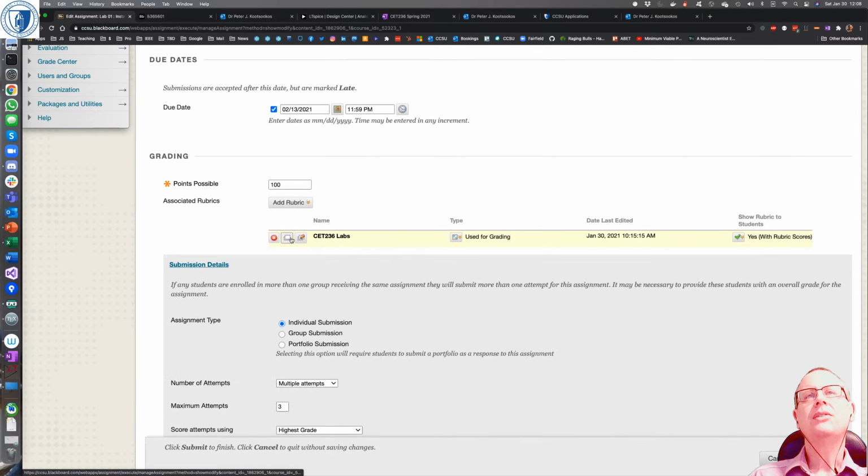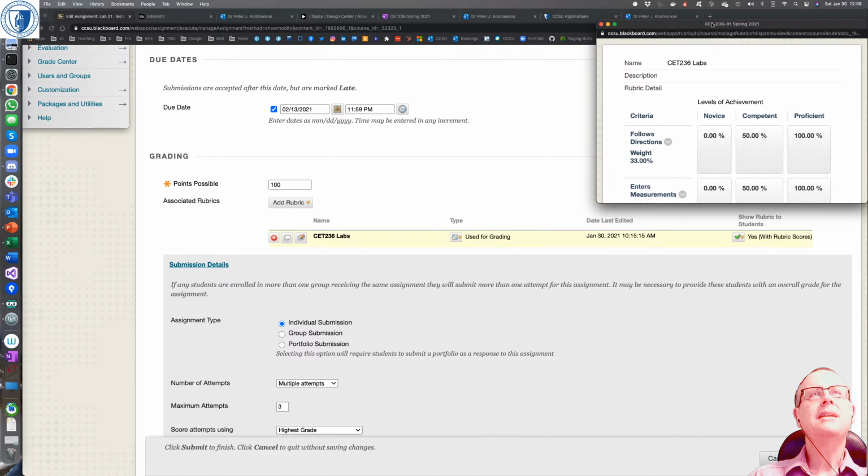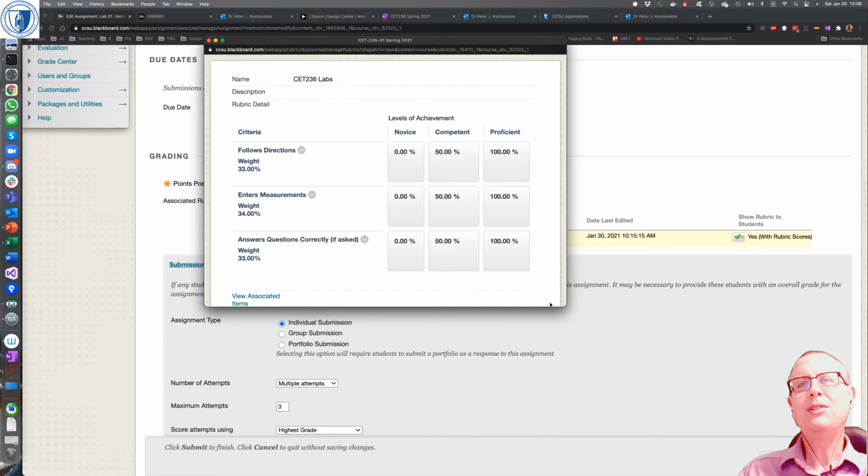Just a quick look, I tend to use rubrics for grading stuff, and the labs are all pretty similar. In this case, I need to say that you've followed directions, that you've entered the measurements. In this case, it's the voltage and the current across the 3 resistors. And I don't think there's any questions. The only follow direction issue is whether you include a screenshot of